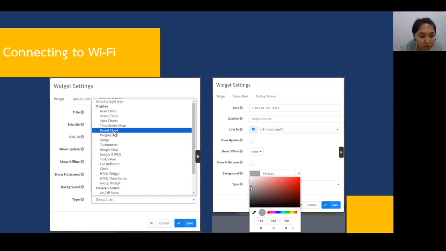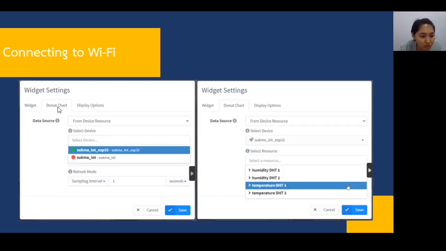The type is donut chart, and after choosing the color and the type, go to the donut chart menu, select the device, choose the right device name, and then go to select resource, choose